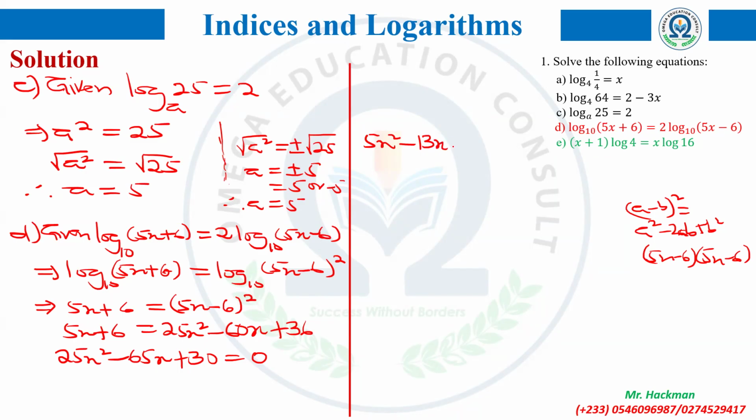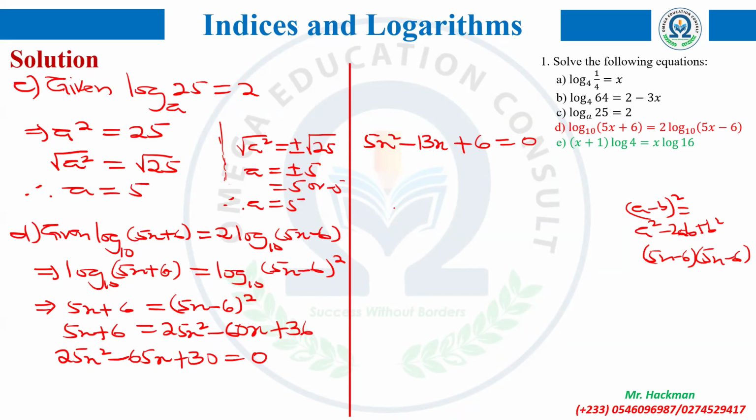Minus 13x, yes. Okay, then plus 30 over 5 will give us 6. And it's equal to 0 over 5, which is what? 0. Okay, so at this point, you can see, if you look at this equation and this equation, obviously